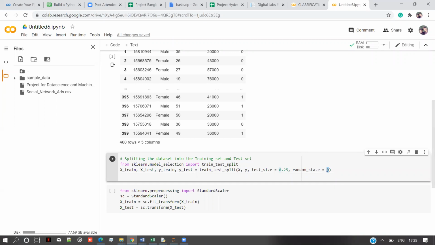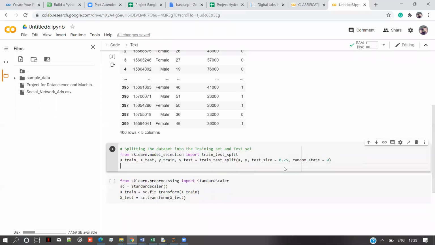Means the compiler will split the train and test sets in the same way. If I use random state equals to 0 and someone uses random state equals to 5 or 6, the compiler will divide the train and test sets in another way. So to get the same outputs that I got, you need to use the random state I use.